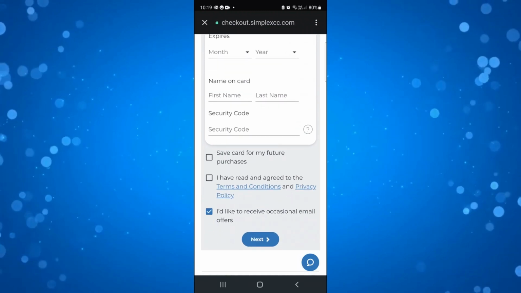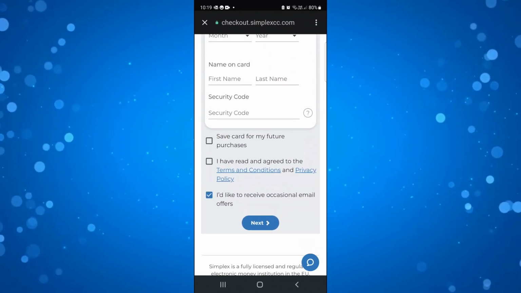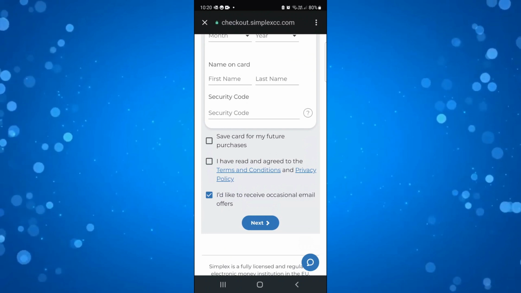and you can save your card for future purchases if you want. Make sure you tick to say you've read the terms and conditions and then go ahead and press next. Once you've pressed on next, that's going to go ahead and check out and allow you to buy PEPE coin